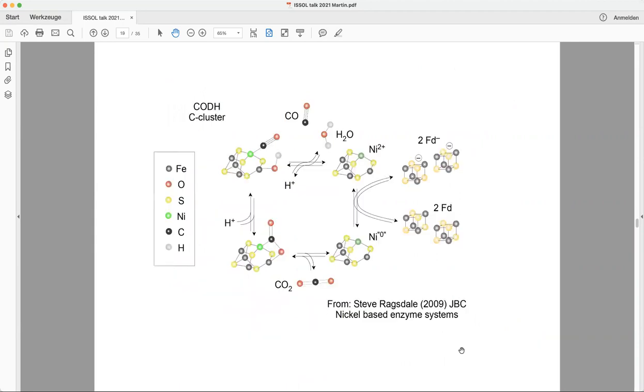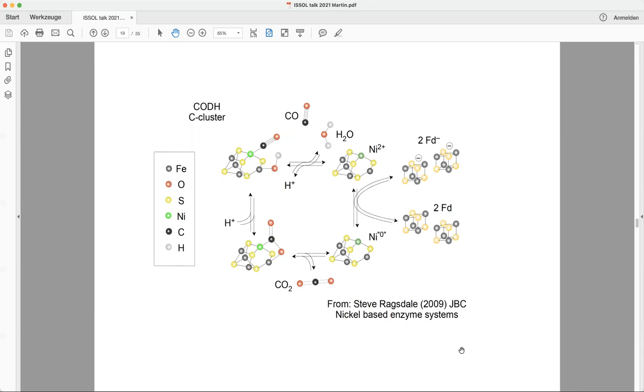Now, the core of this reaction is shown right here in a slide from a paper by Steve Ragsdale. It's the mechanism. And one of the curious things that people have looked at is that CO2 reduction has been very difficult actually to perform in the laboratory. And looking at this a few years ago, I said to myself, this is actually native metal in the active state of the CODH reaction. That is the reaction that gives rise to carbon monoxide with electrons from ferredoxin. That's that nickel zero at the lower right. And I said,